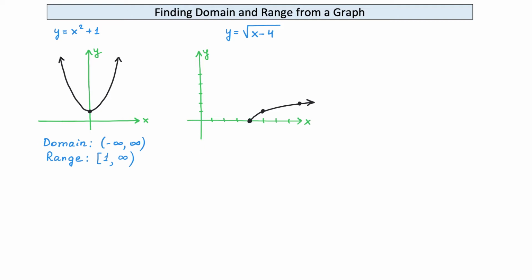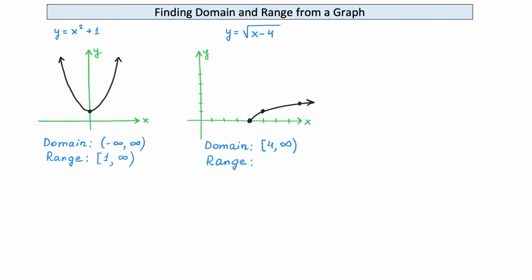So now let's see how we can get the domain and the range from this graph. If we need to find the domain, we have to see how far this graph stretches to the left and how far it stretches to the right. We see that on the x-axis the graph starts at 4 and goes to the right indefinitely. Then the interval that represents the domain will be brackets, because we want to show that 4 is included, comma,